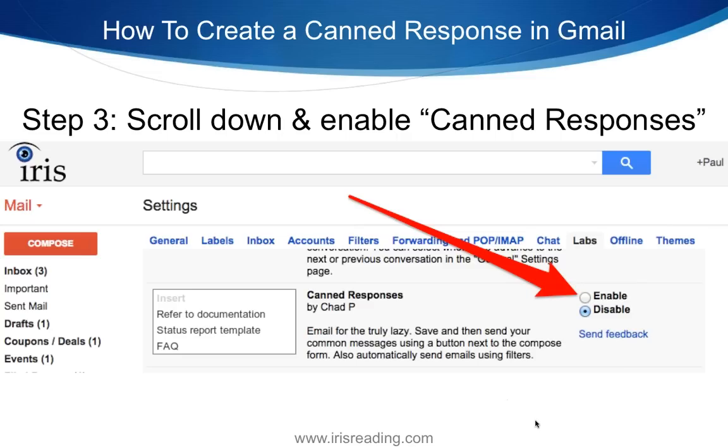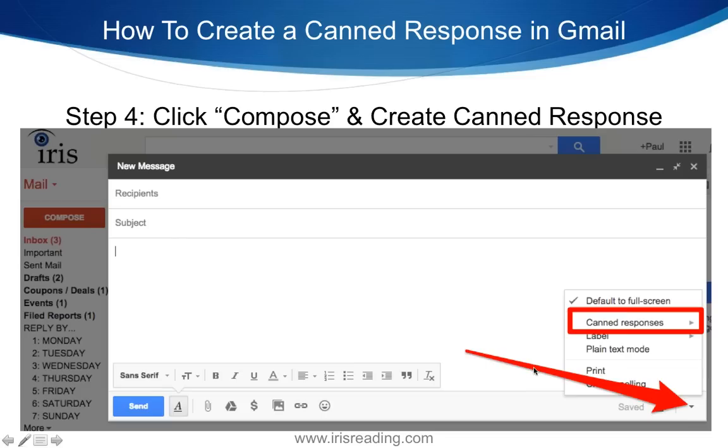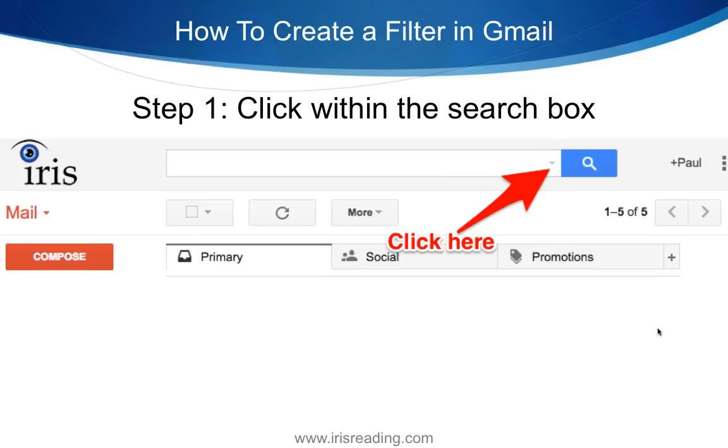But you can look for canned responses. When you click on Labs under the Settings area, you want to enable canned responses. What that will help you do is next time you send an email, you just click on that little arrow on the bottom right, and it will enable an area called canned responses. What that will do is allow you to insert a canned response. This is just a response that you think of as a template, something that maybe you're sending very, very often. That's a quick way to get that set up.